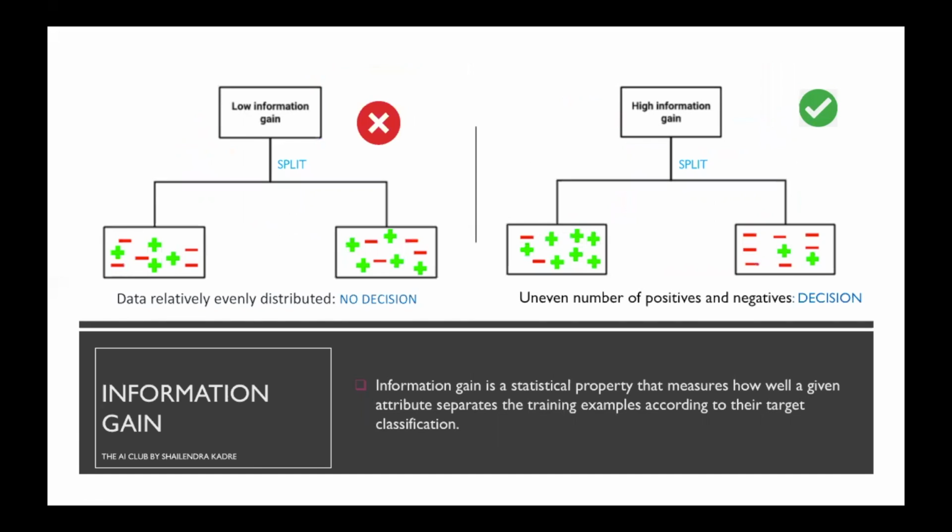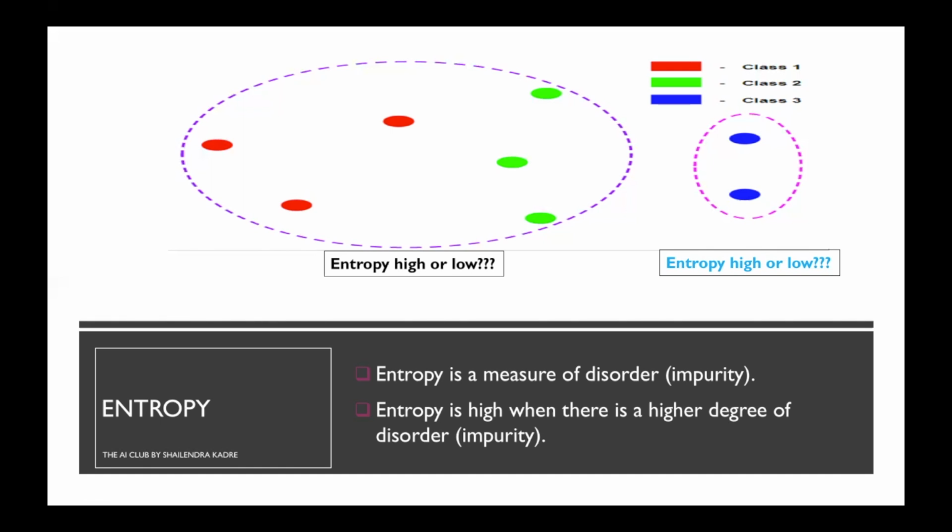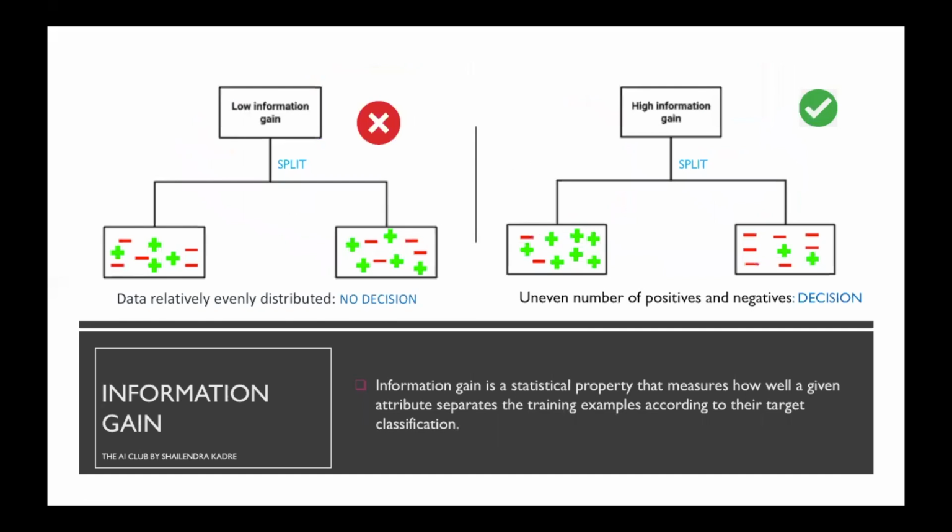Now, after entropy, there is one more thing which is called information gain. Information gain is a statistical property that measures how well a given attribute separates the training examples according to their target classification. So now if you see here on our left side tree,